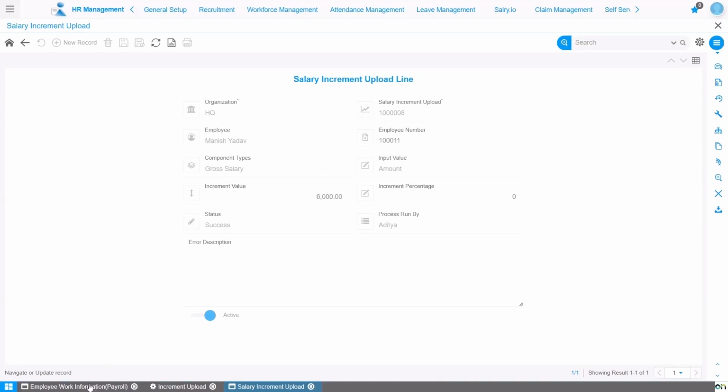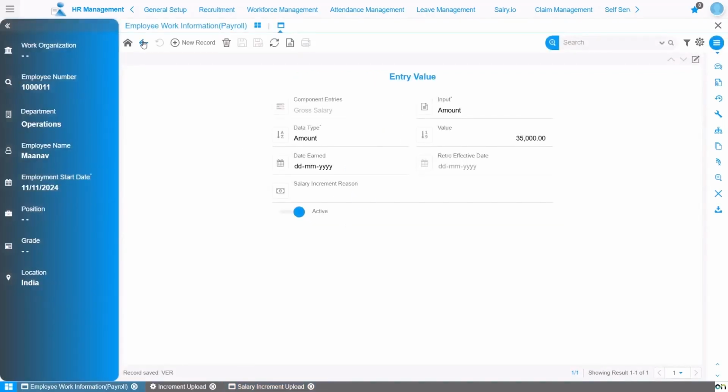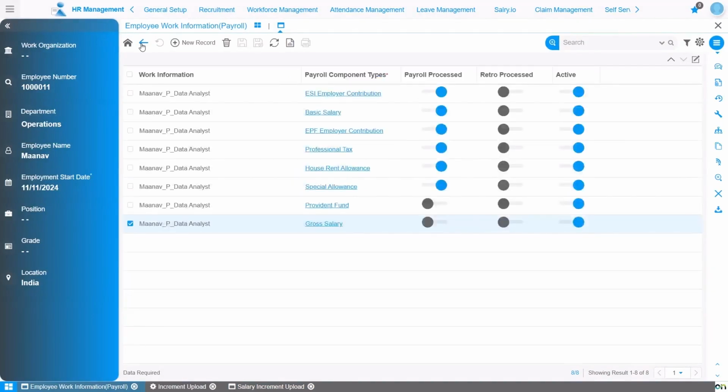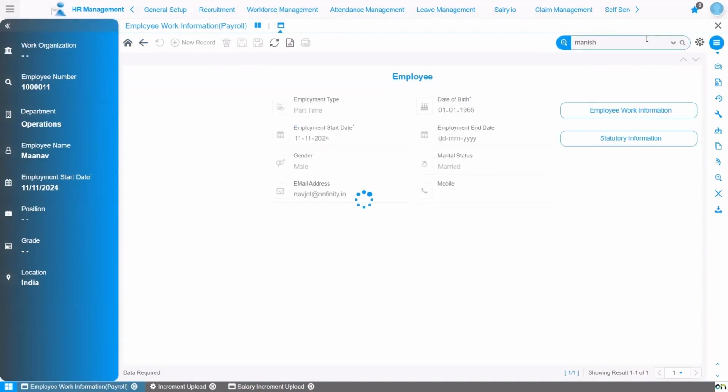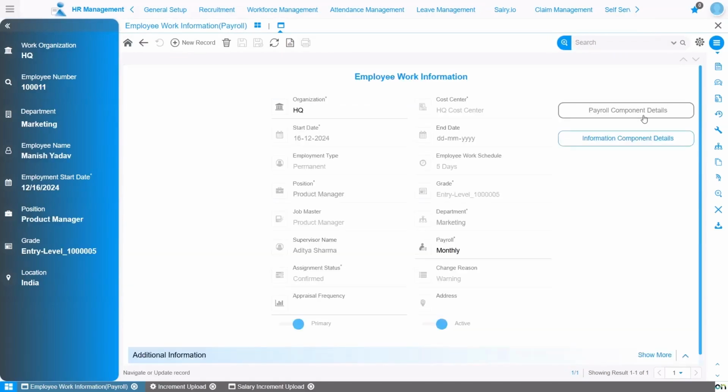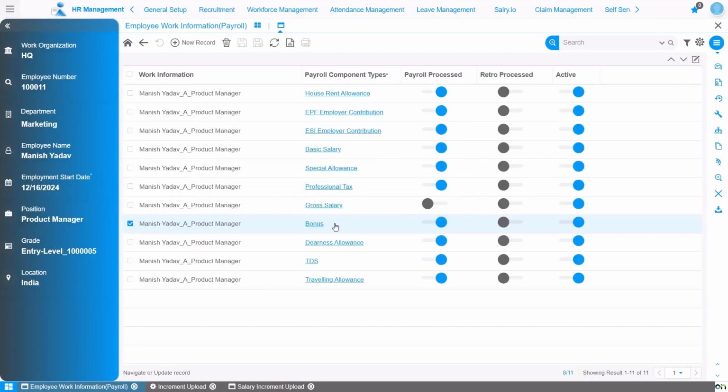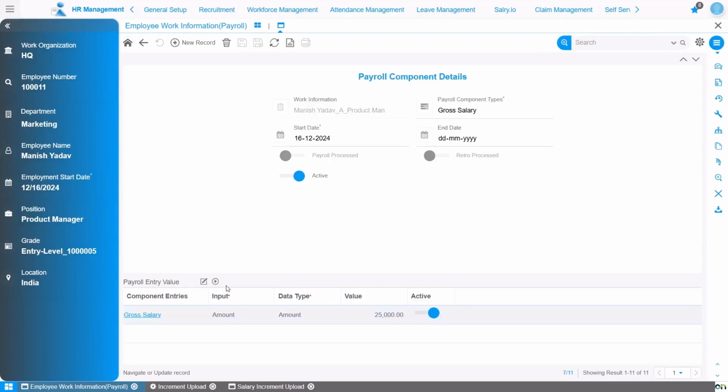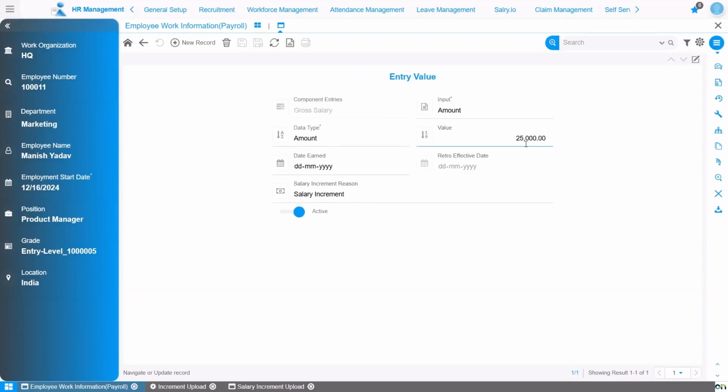So for that I will go to the work information window and search for this employee. Go to the work information tab and go to the payroll component details. And here I will select the gross salary component. Now here you can see the gross salary of this employee is $25,000, and the reason for this change is